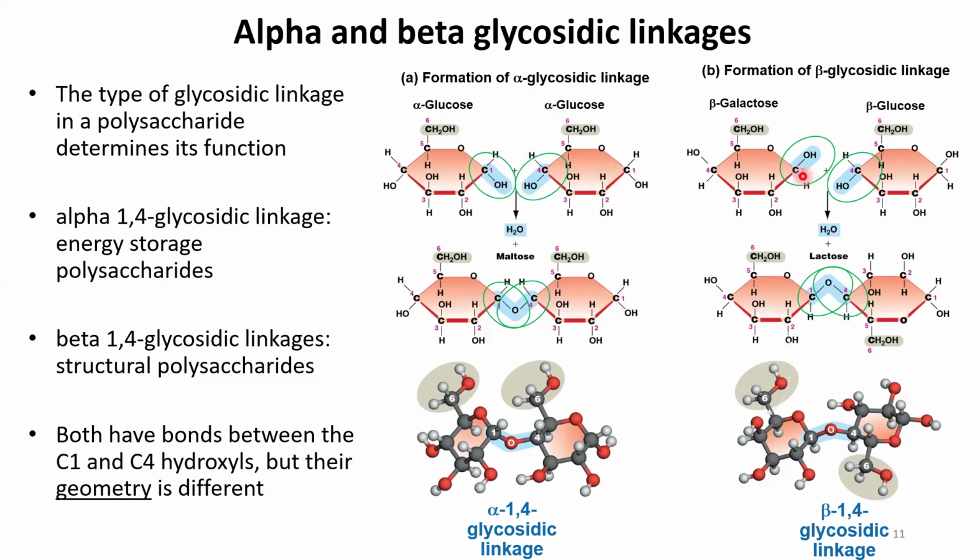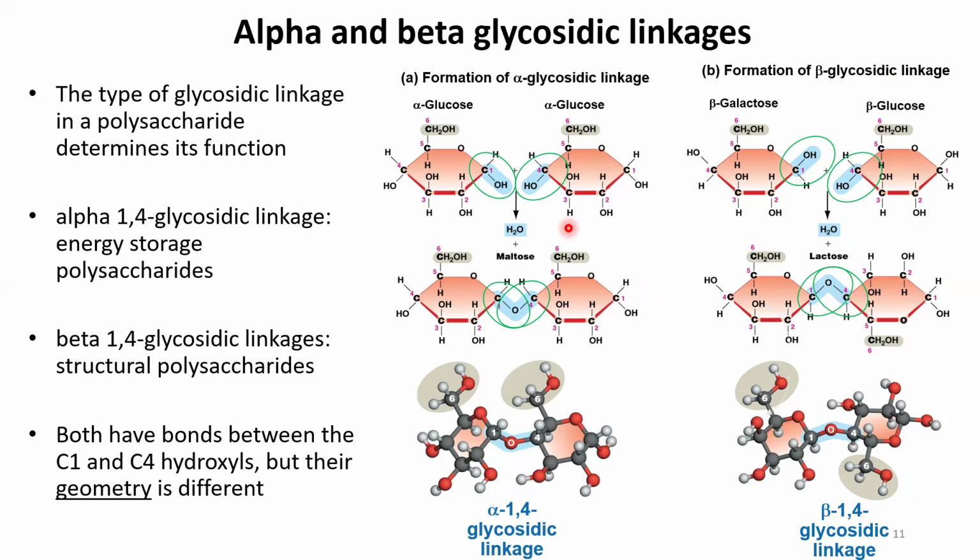But then when we have a beta glycosidic linkage, they are in opposite directions, so it is oriented differently than this one, giving it